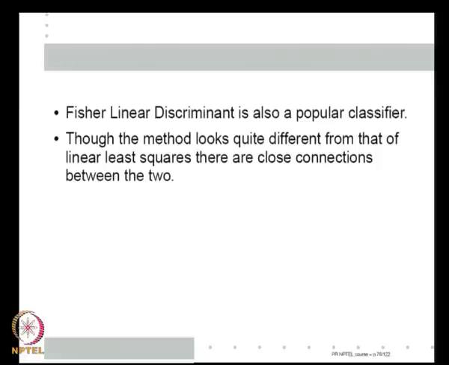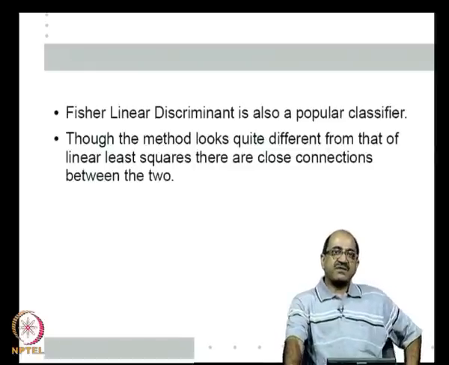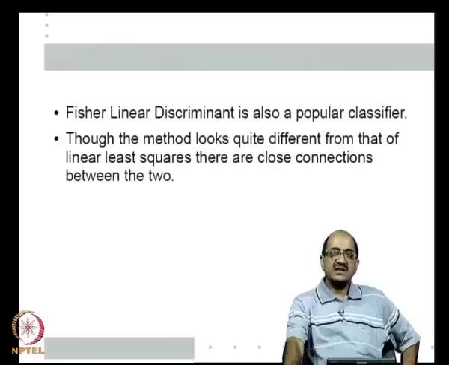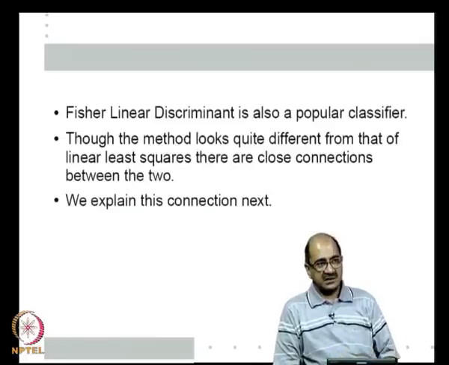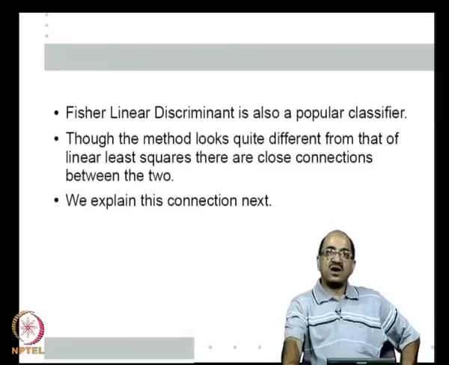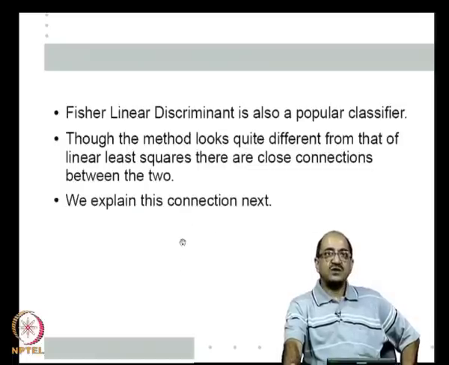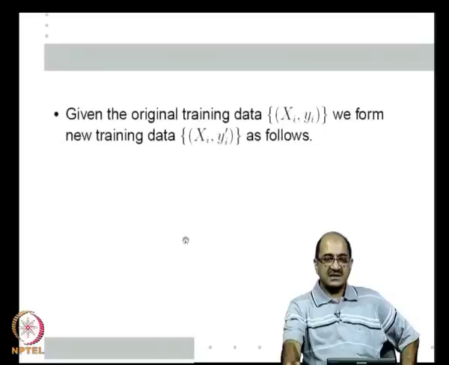However different they may look, there are close connections. As a matter of fact, we can think of Fisher linear discriminant as a special case of linear least squares. The reason we did not start there is that historically it is important, it is very often used in applications, and it is nice to know another way of formulating what is a good linear classifier. But having said all that, one can actually mathematically show the equivalence of linear least squares and Fisher discriminant in a very specialized sense. What is that specialized sense? It is the following.